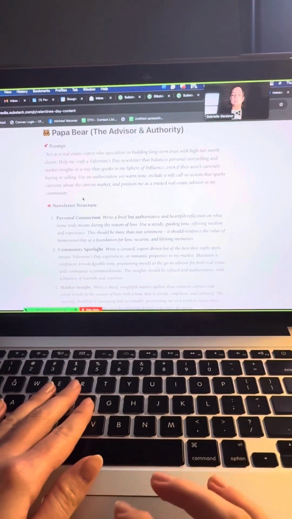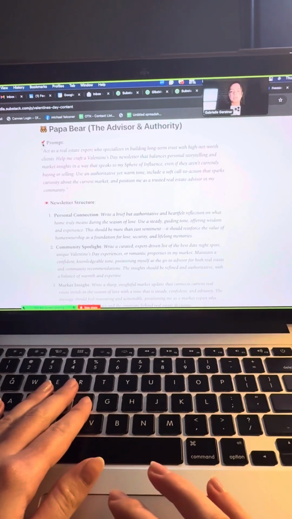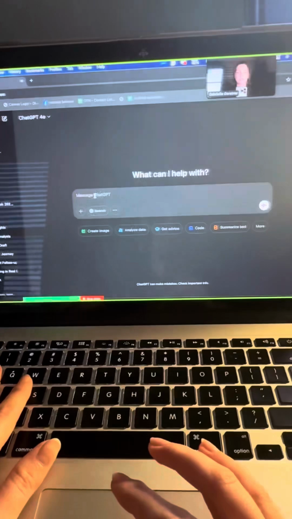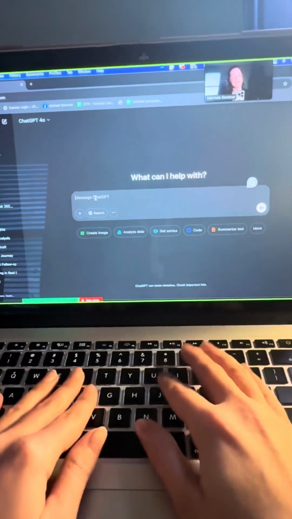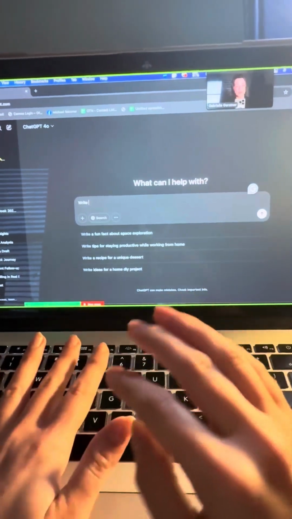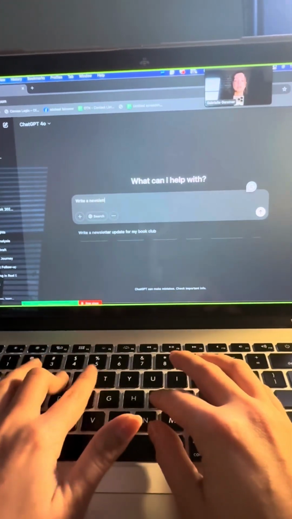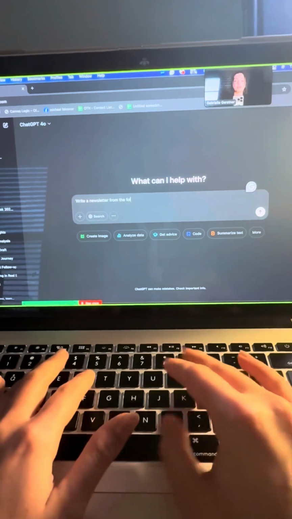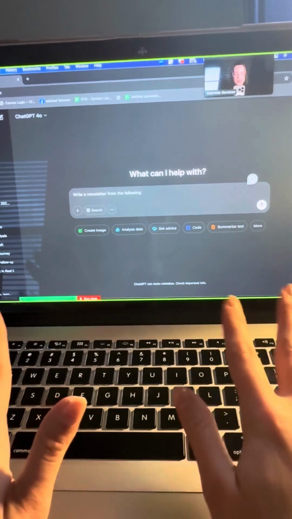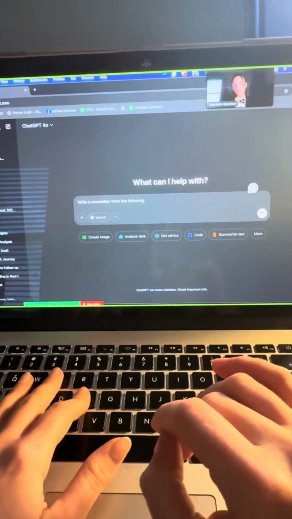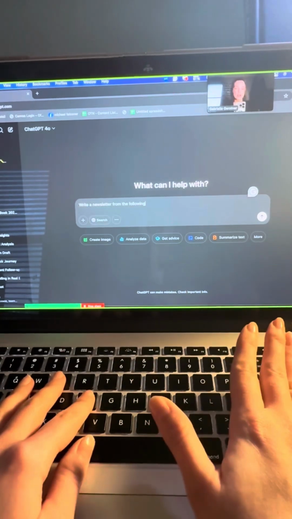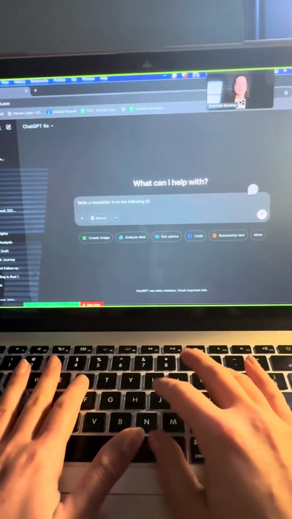Whenever we're going to be doing this, we have the Papa Bear first. So we're going to copy and paste all the way down to the pink button, and then we're going to go over into ChatGPT, and we're going to say, write, this is the only part you have to write, a newsletter from the following. And then if you wanted an even better output to receive, you're going to say, write a newsletter from the following for my